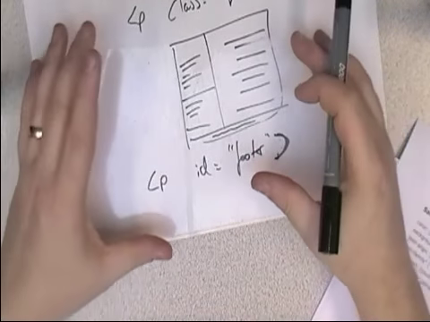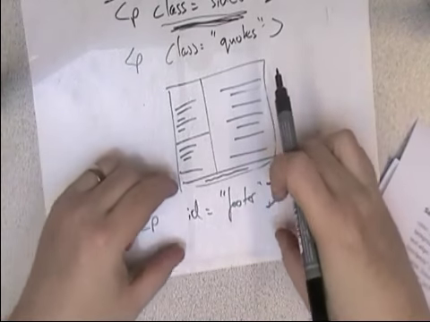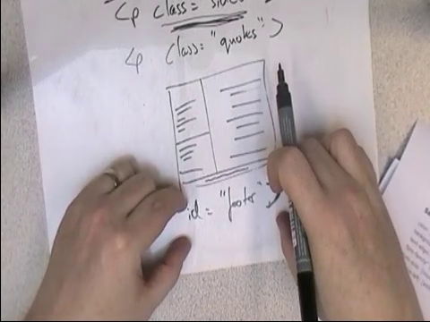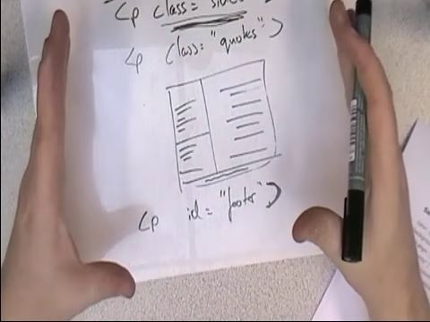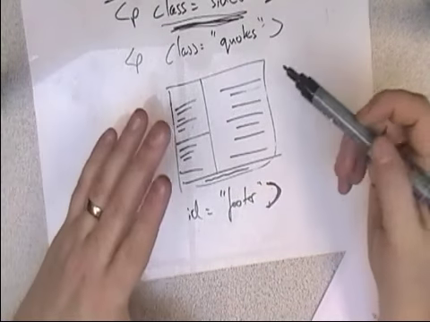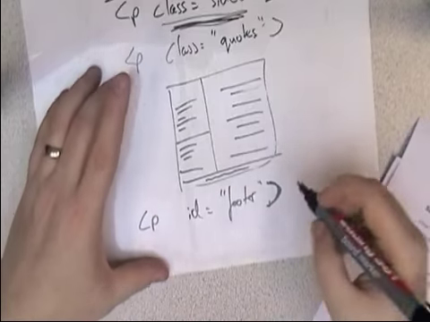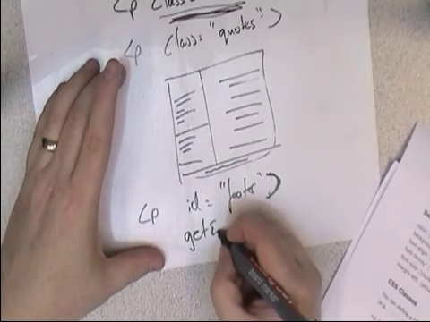The answer is there are some particular bits in JavaScript where you can refer specifically to one section of the HTML. You don't need to know really how to do it or why to do it. If you're not doing JavaScript as part of your programming, you don't need to know about it at all. But there is a particular thing, it's actually called getElement